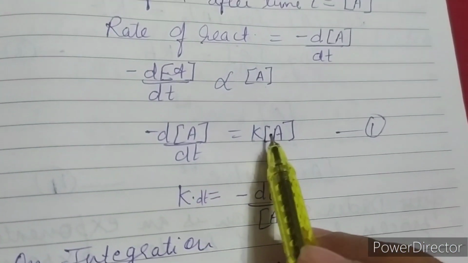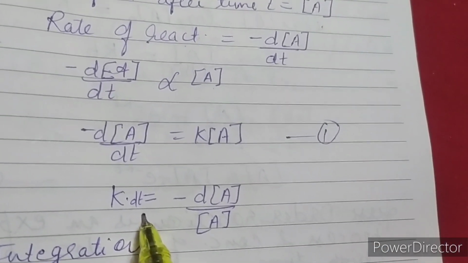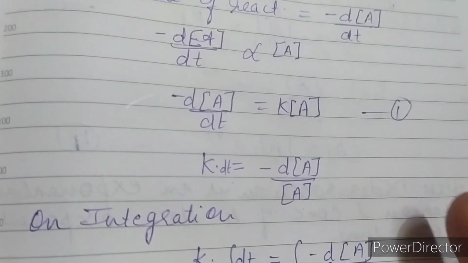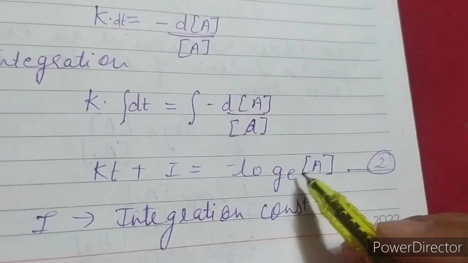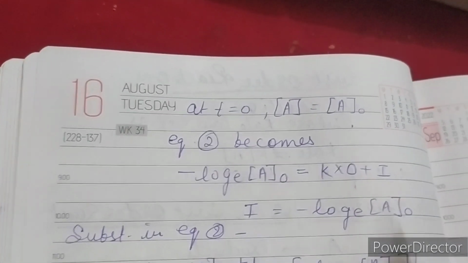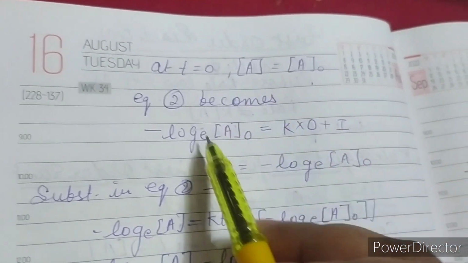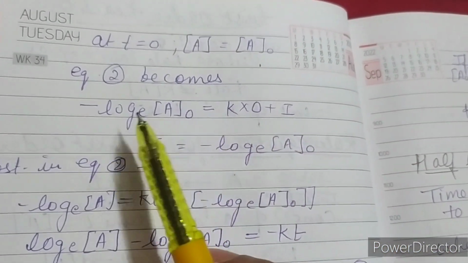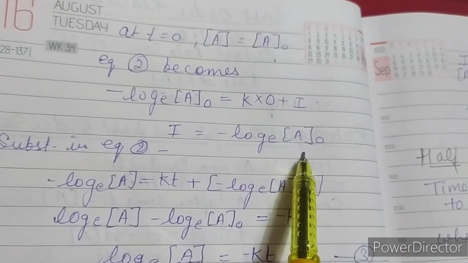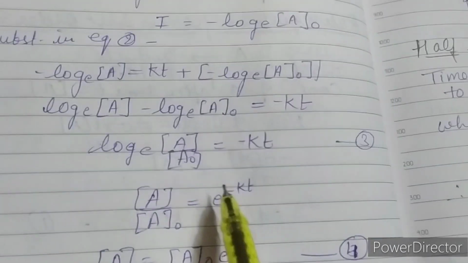Now here we can also manipulate it and this equation can be written like this: K dot dt is equal to minus dA upon A. Now on integrating this equation you will get the equation as kt plus I equals minus log e A, where I is the integration constant. Now if t is 0 means at time 0 A naught is equal to A. Now putting these values in equation number 2, you will get the value of I as minus log e A naught. Now substituting this value again in equation 2,